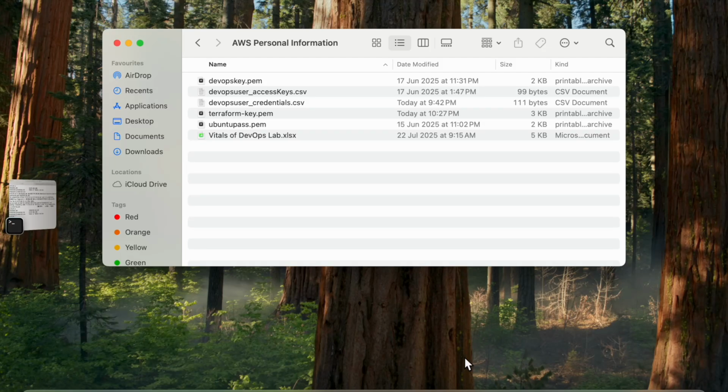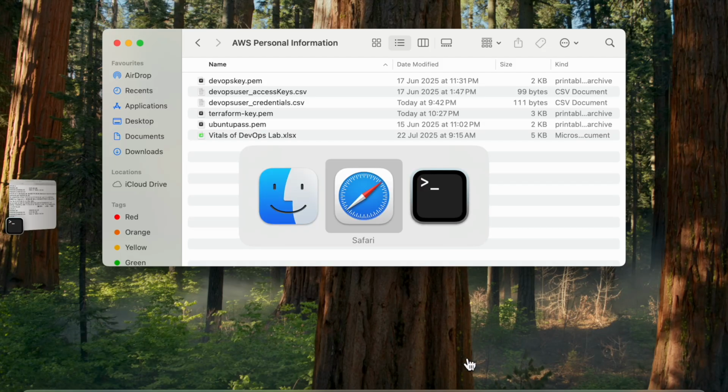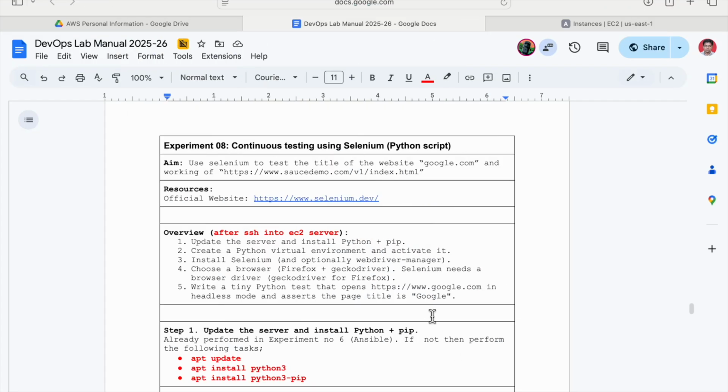Hello students, this is lab number 8, that is continuous testing using Selenium. Here I showed you in practical an example using a JavaScript. Okay, so a script written in Java, but